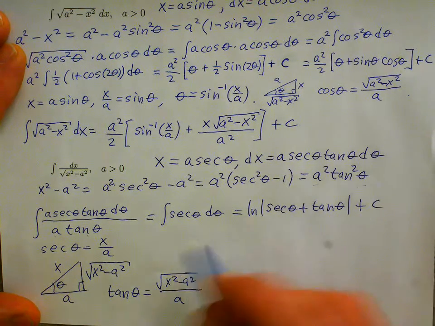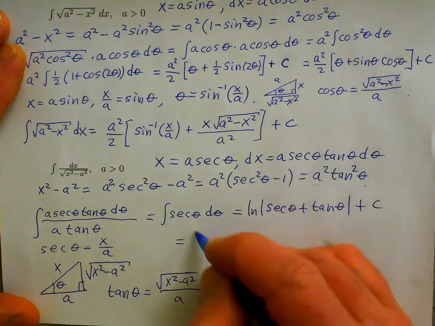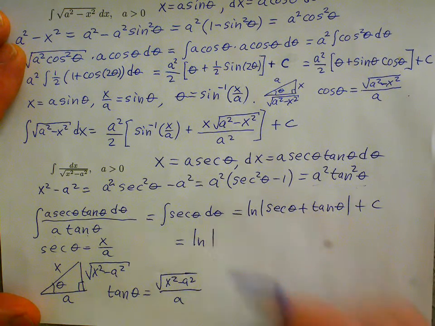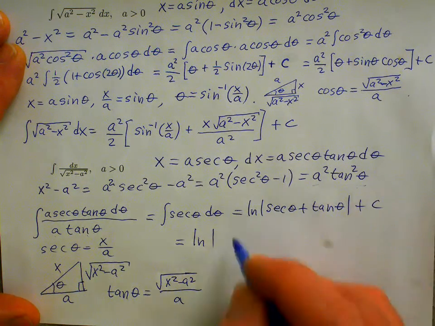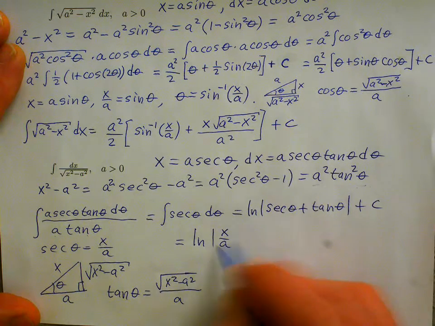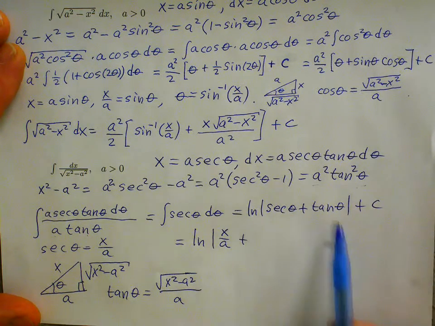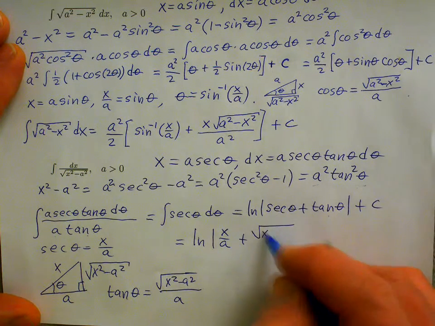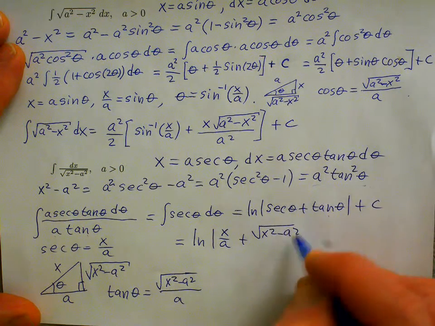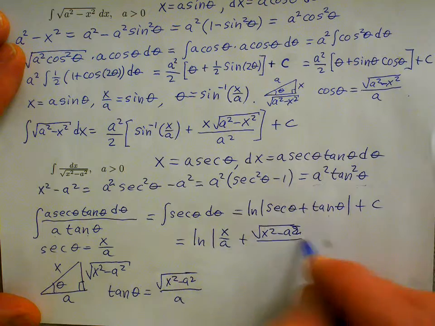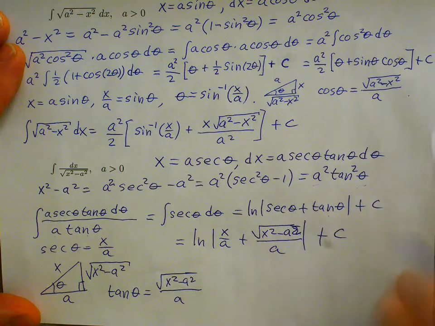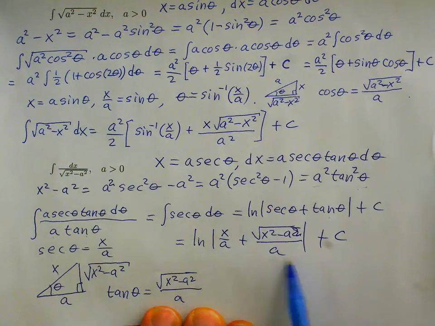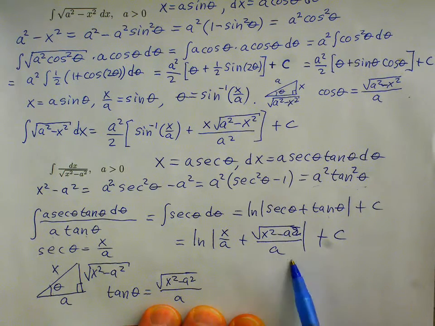Okay, so our integral then becomes the natural log of, instead of secant of theta, we write x over a. And instead of tangent of theta, we write the square root of x squared minus a squared over a, plus a constant. Since we have a common denominator that is a constant, a,